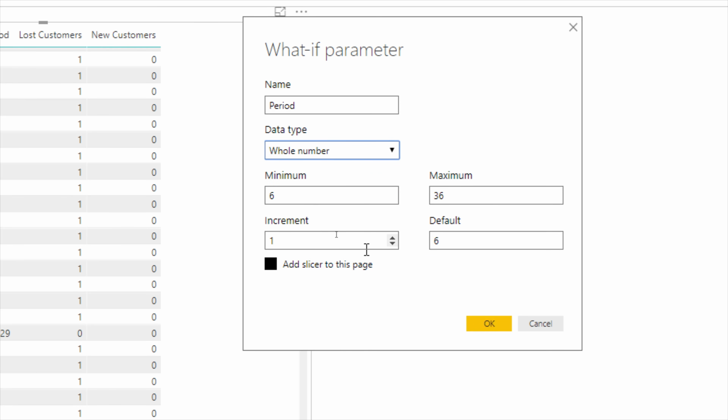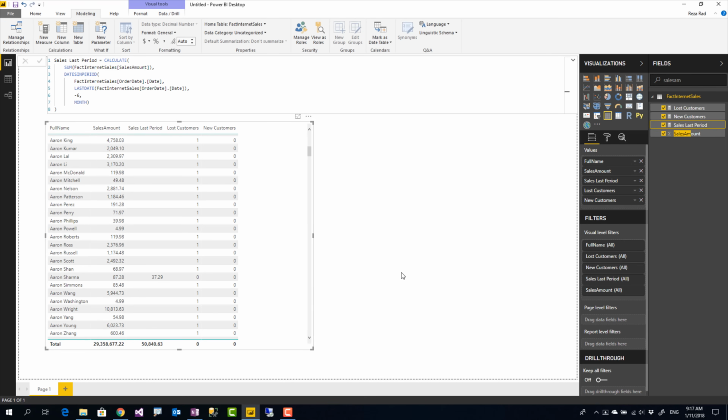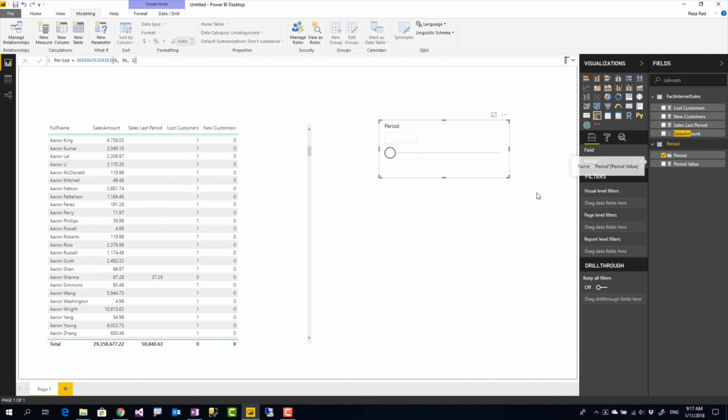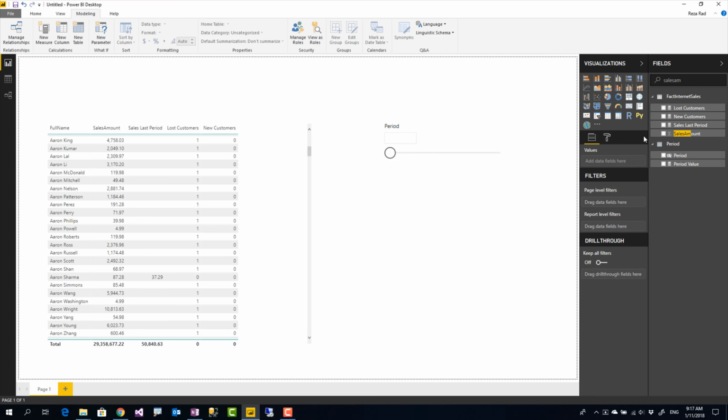So you just specify the period you want, the increment, and this option is by default selected, add a slicer to this page. So when I click on OK, this will add a slicer on the page, exactly as we mentioned, and it will also create a new table. That is the whole thing about this what if parameter. This table has a period column and a period value measure, which show us what the selected period is over here. So if I bring that period value in a card visual just to show you what it looks like,